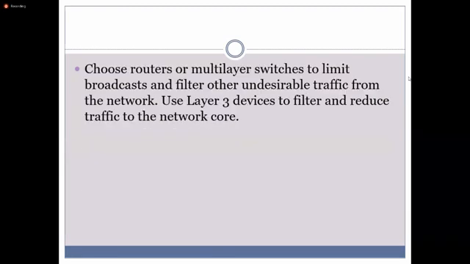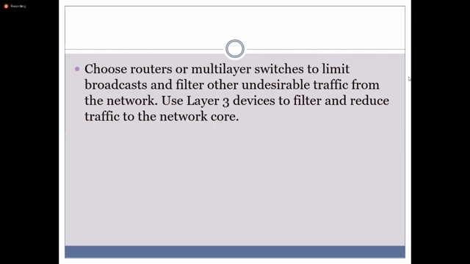Okay. So choose routers or multi-layer switches to limit broadcast and filter other undesirable traffic from the network. So you will use layer 3 devices to filter and reduce traffic to the network core. Choose routers or multi-layer switches to limit broadcast.